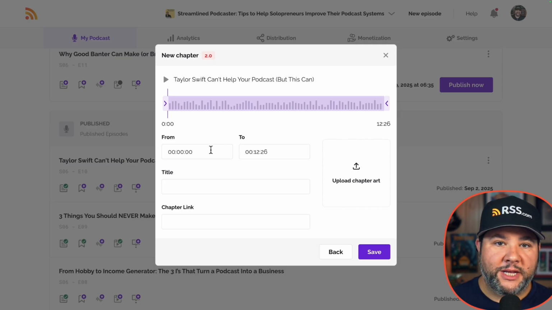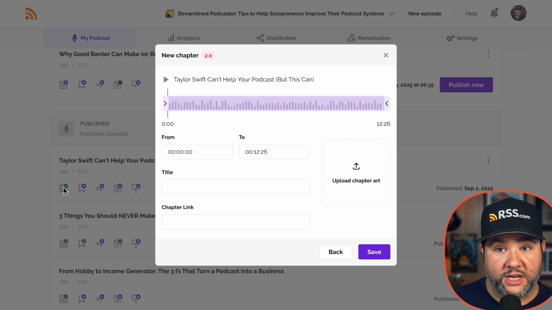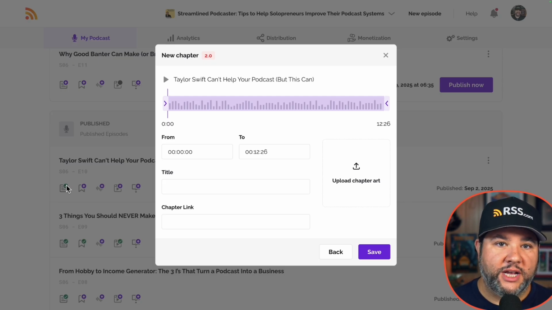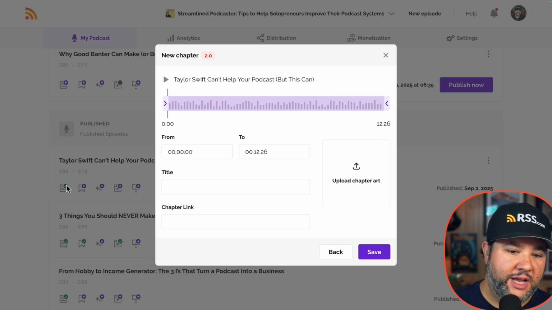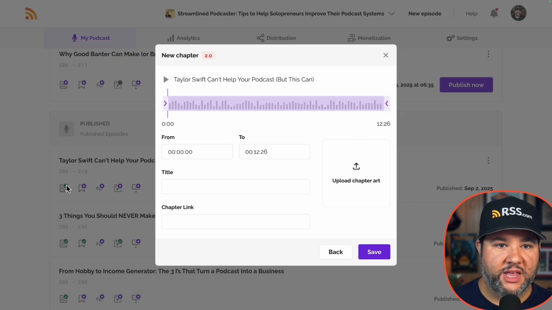Now, this is a place where I have found generative AI like ChatGPT pretty helpful. You can give it the transcript that you've generated with RSS.com for free and upload it to ChatGPT, and it'll do a pretty good job of telling you where a chapter marker should go. Sometimes it's really aggressive. I usually say, hey, try to keep it to one chapter every 7 to 10 minutes, or no more than 5 chapter markers or something like that. But with a little finesse, this is actually really good.